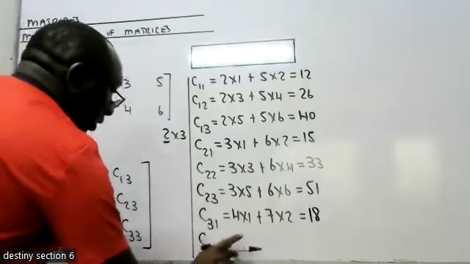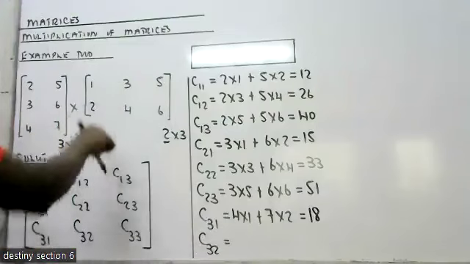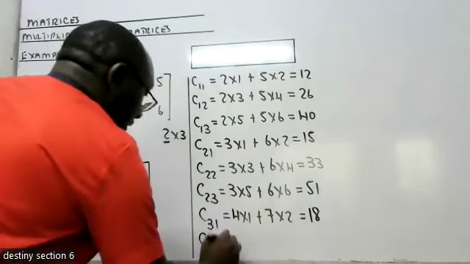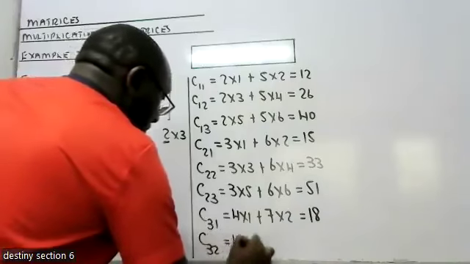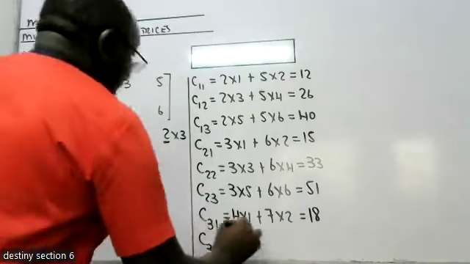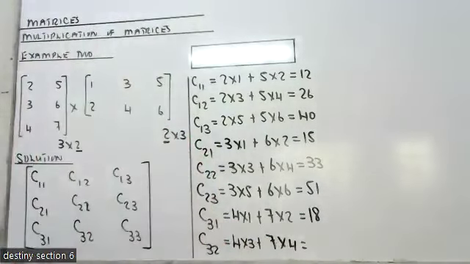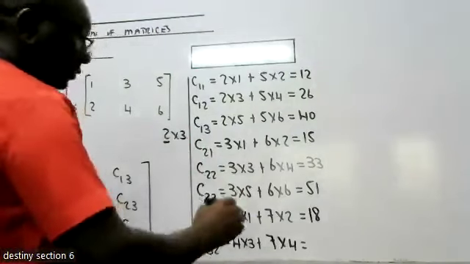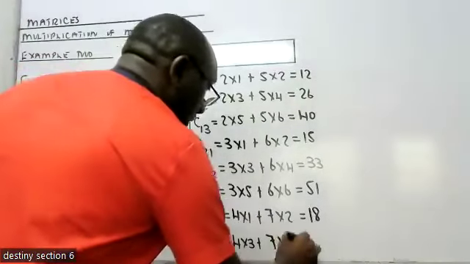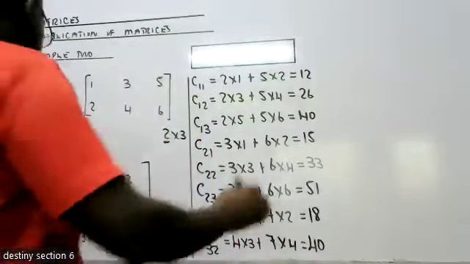C32. So row 3, column 2. So that is 4 times 3 plus 7 times 4. 4 times 3 plus 7 times 4 is 40. It's 40. And the last one,